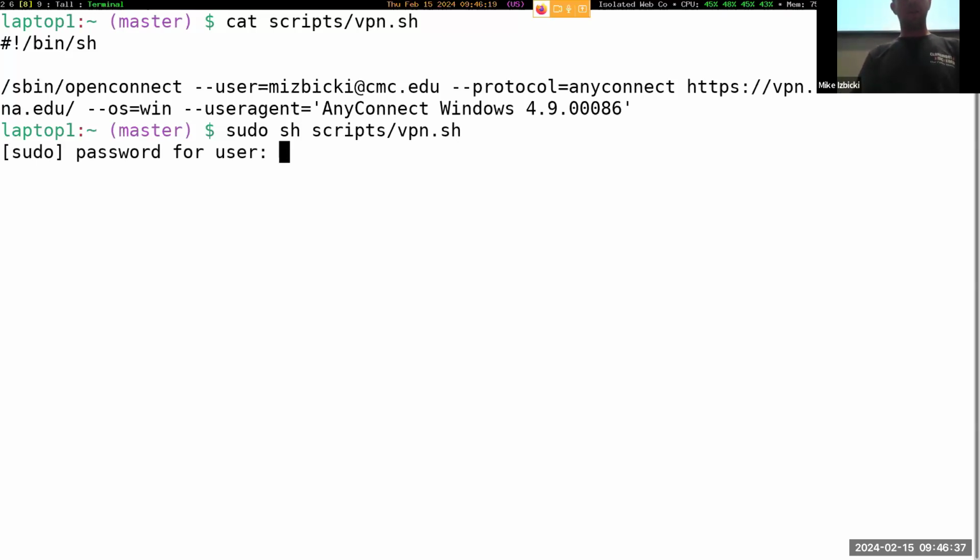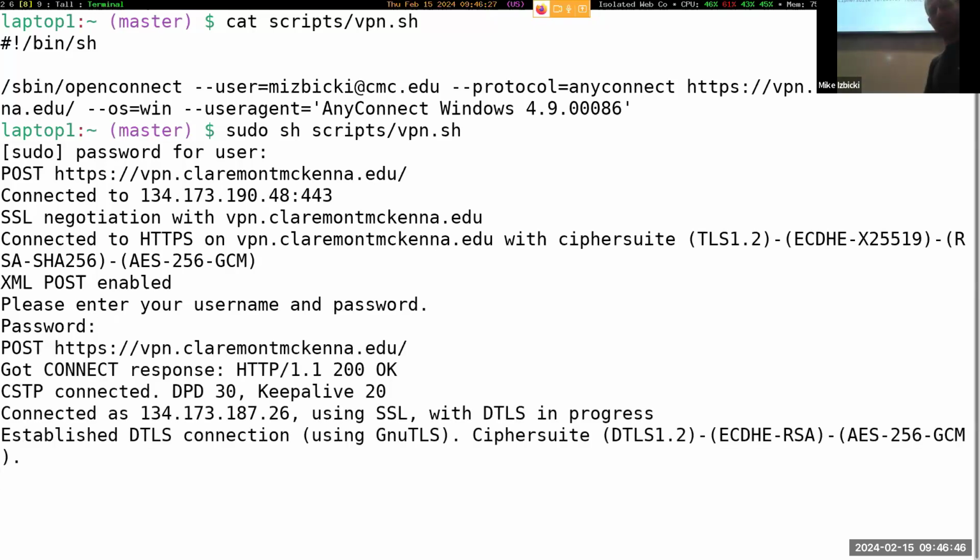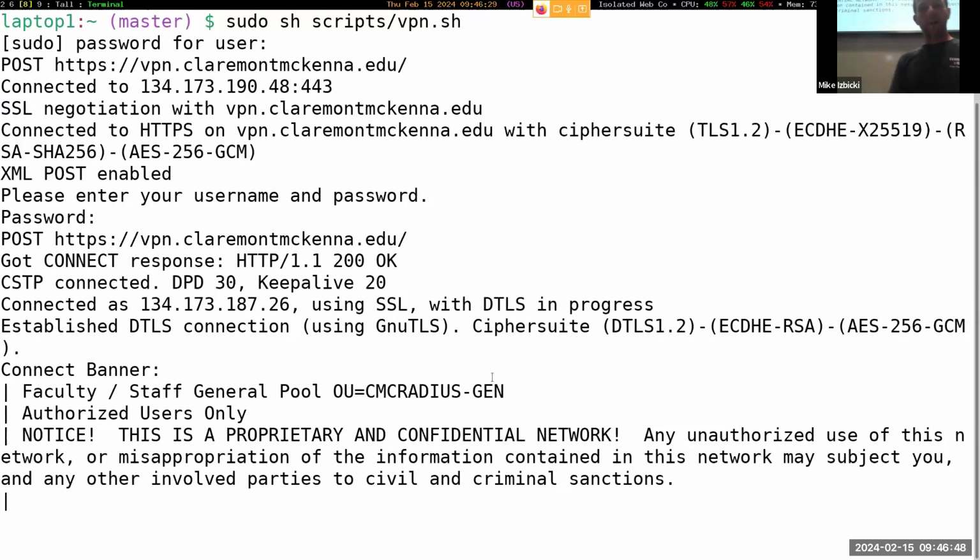So I will type in my passwords really quickly here. First one for root, next one for the VPN access. And now I'm connected over here. I'll switch my virtual desktop. I like to use systems that have many virtual desktops. In the top left corner up here, you can see which virtual desktop I'm